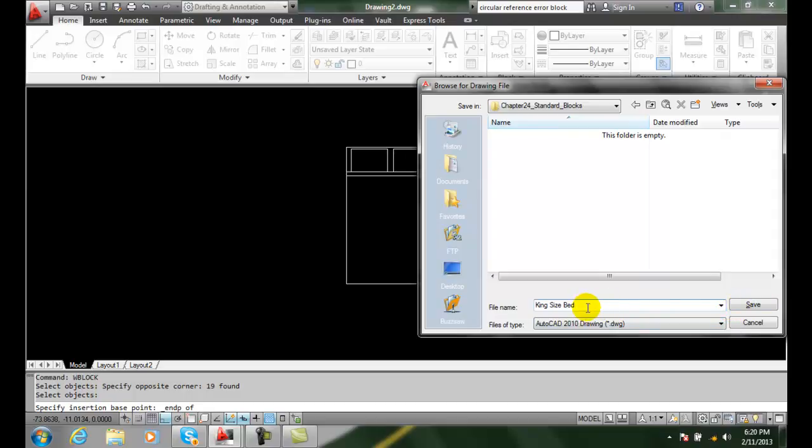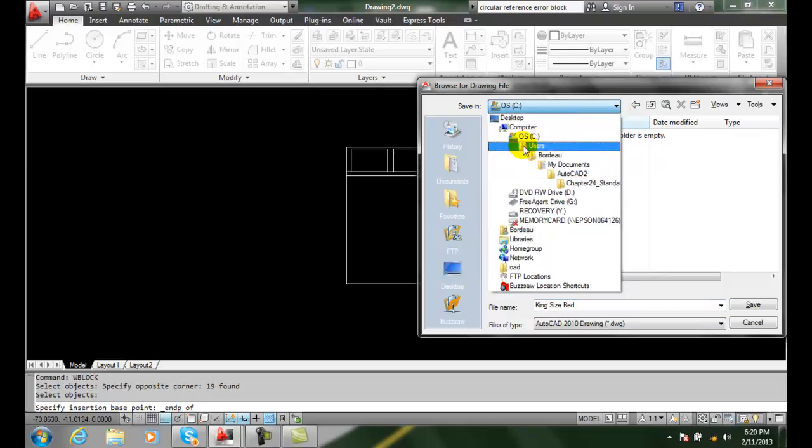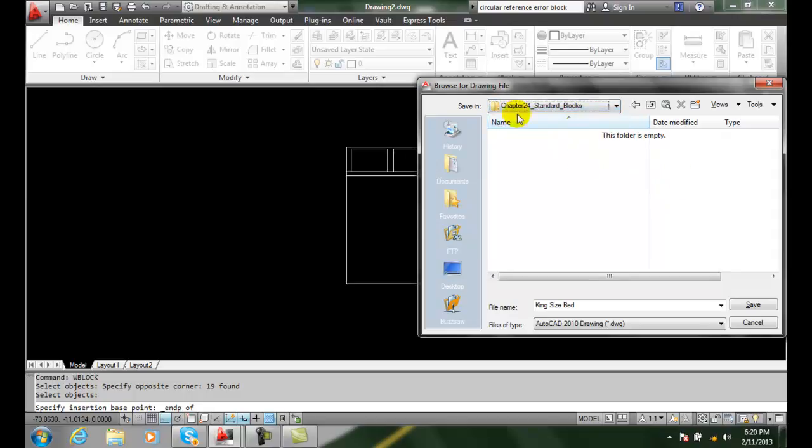And so the difference between a block and a W block is, in a W block I have to tell it where the path is. So it's on my C drive. It's under users, under Bordeaux, under my documents, under AutoCAD II, under the chapter 24 folder. So it's in that folder, and then this is the name of the DWG itself. And I save it,